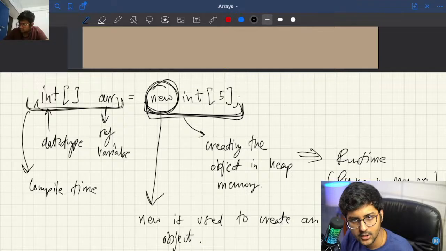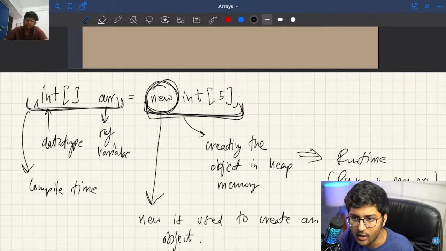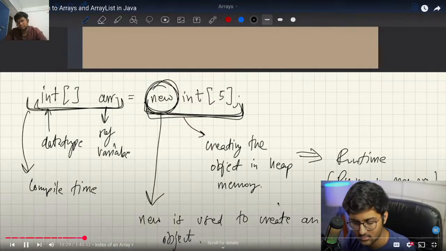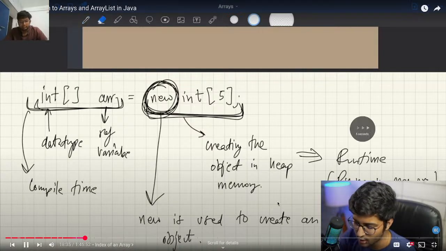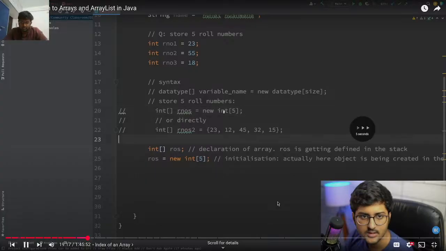Okay, new is used to create an object. So here, if I'm saying new int[5], it will create an object in the heap memory of array size 5. That is what new is. Initially, we talked about indices, so for elements,